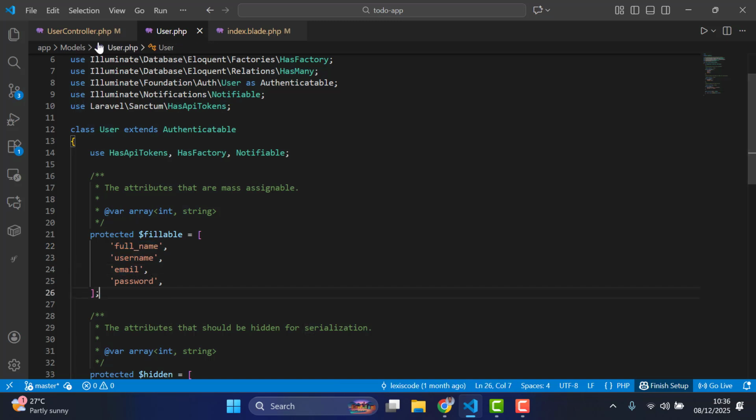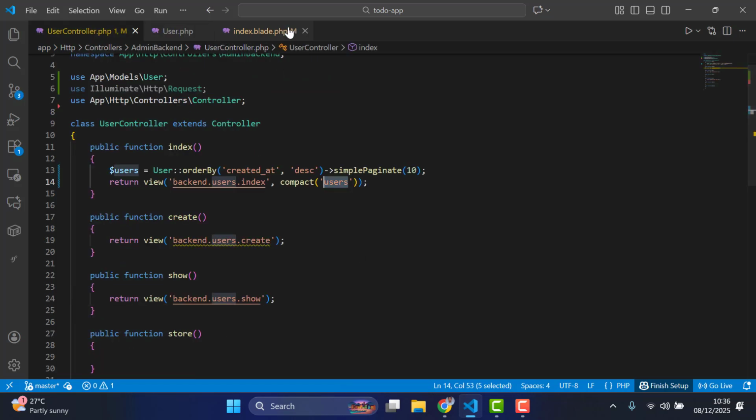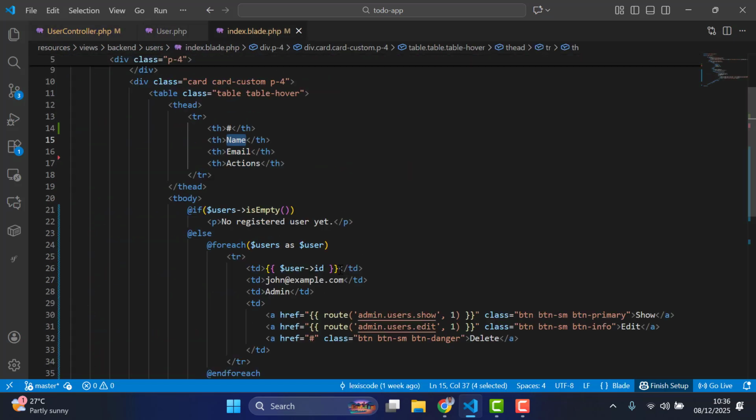Okay, it's actually full name. We can extend the table, sha. So if I paste this full name, paste this